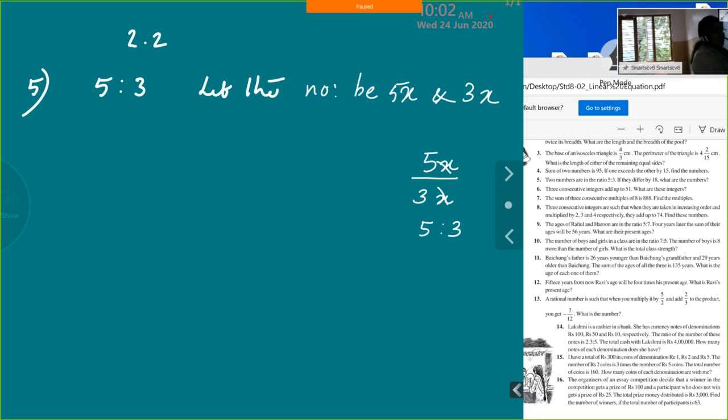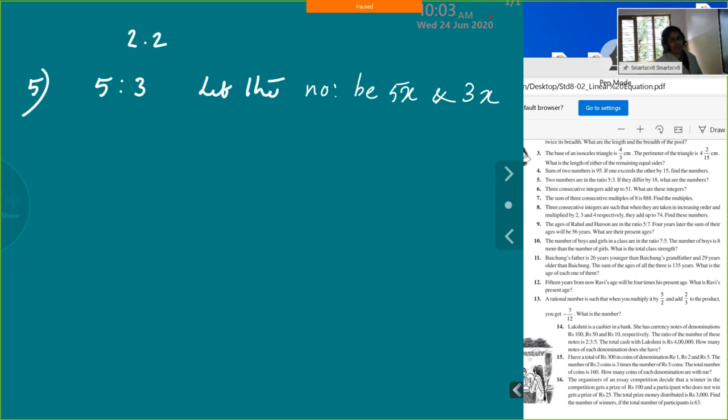So now we are doing the undo part, or the reverse process. Ratio is given, we need the numbers, so we took the first number as 5x and the second number as 3x. This is what we do when a ratio is given. So I took the numbers as 5x and 3x. Which number will be the bigger one, 5x or 3x? Obviously, 5 times x will be greater than 3x.